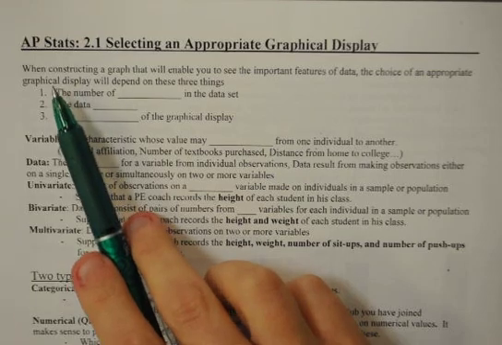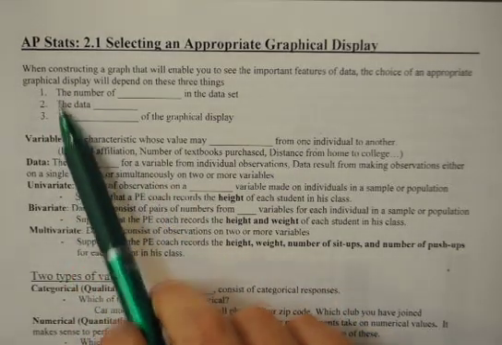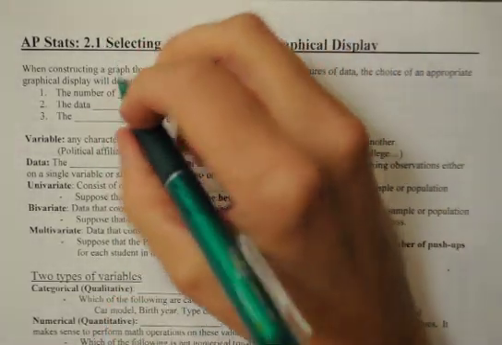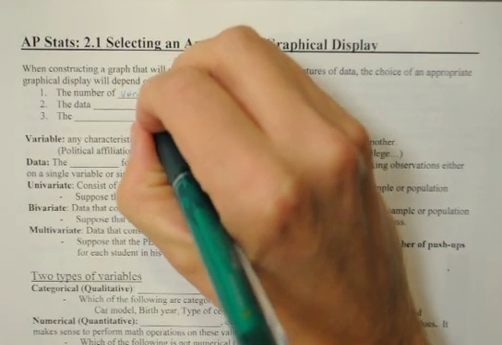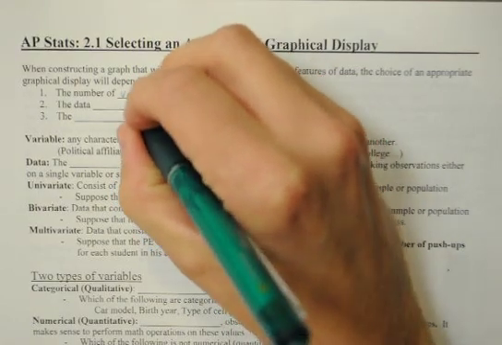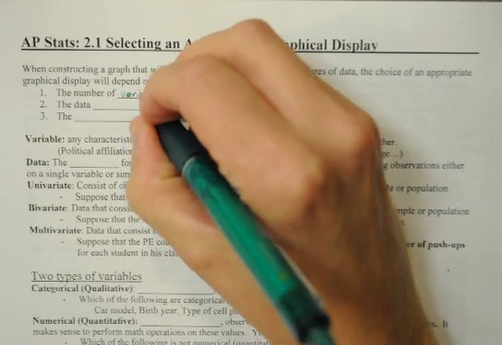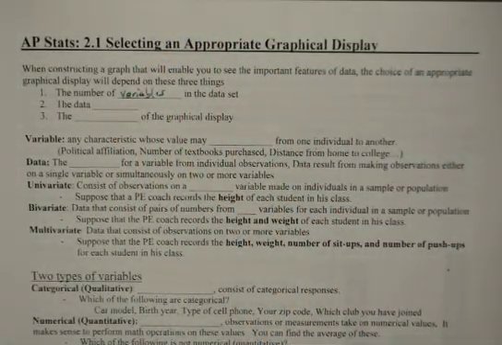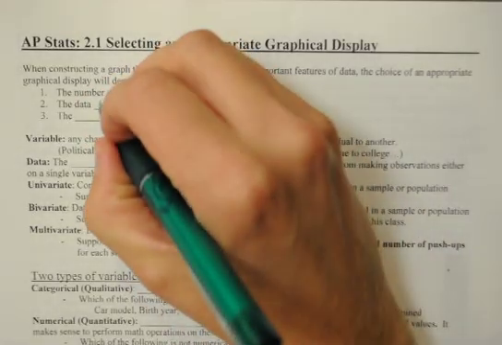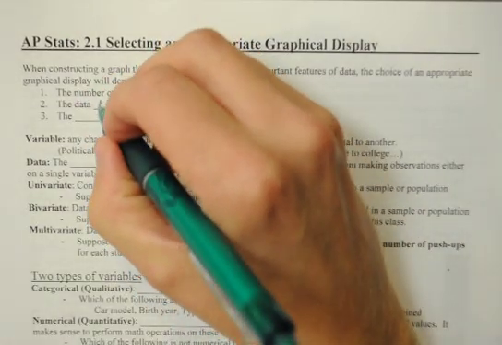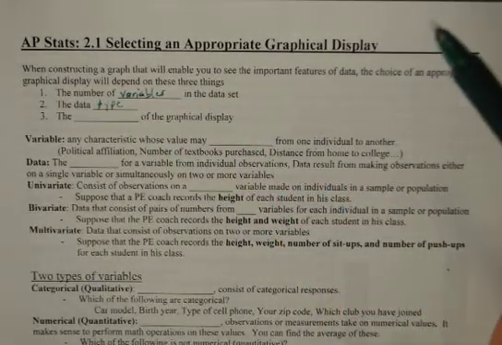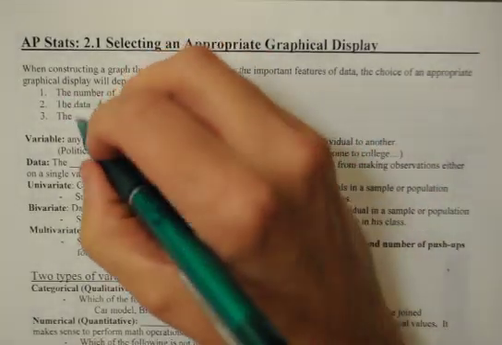Alright, so you need to think of three things when constructing an appropriate graph. You need to think of the number of variables. Remember, variables are things that change with respect to something else. You think of the data type. There are different types of data. We're going to discuss all of these things: different types of variables, different types of data, and then the purpose